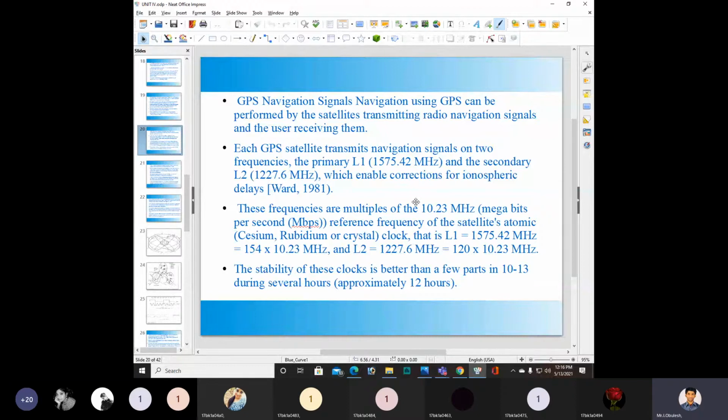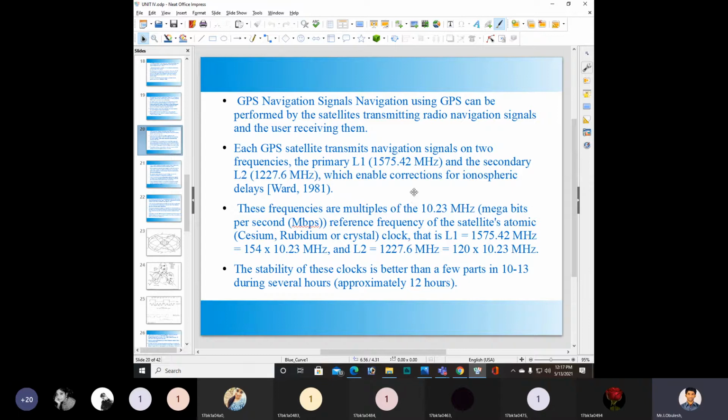From the transmitting satellite, this receiver or user satellite will receive the signal from the transmitting station. The transmitter will transmit the information to the satellite, and the satellite will send the information to the receiver section. The data link is formed with the help of this transmitter via satellite to your receiver.